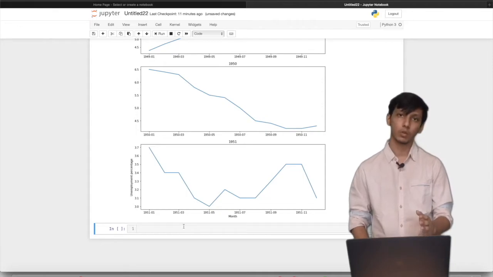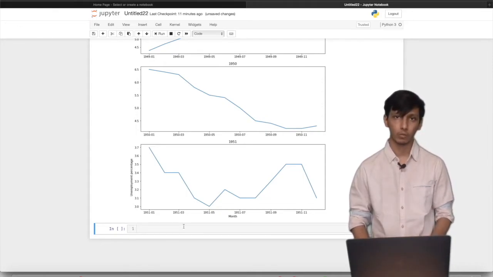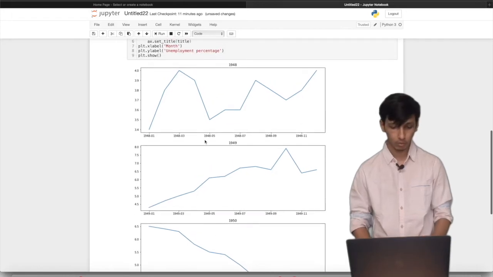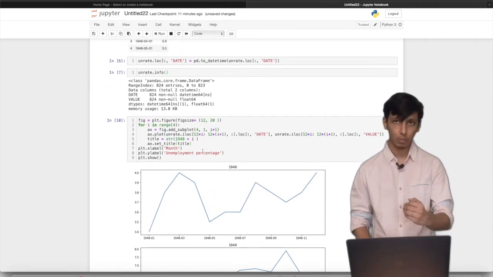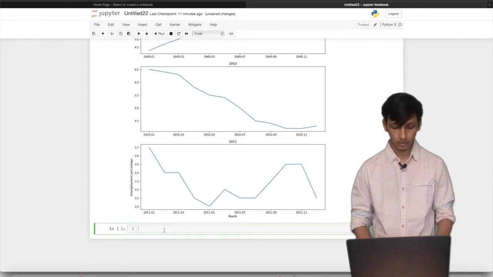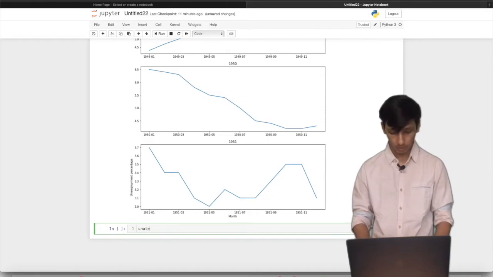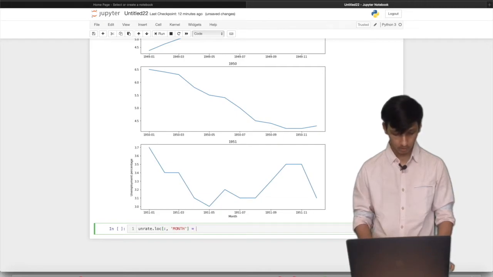So now let's just say that I'm interested in printing the unemployment rate for all these 4 years together in a single plot with different colors. So I'm just going to demonstrate how we can do that. So what we should first do is extract the month from the date time values. So what I'm going to do is create another variable, and I'm going to create another column. I'll name it month, and I'll extract